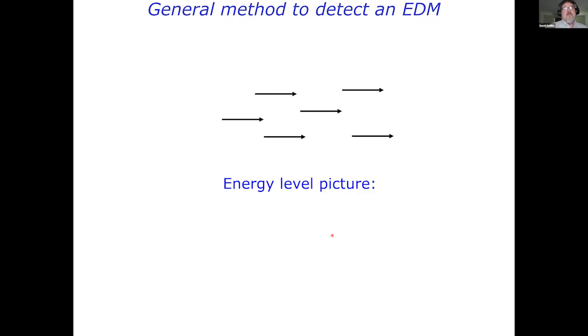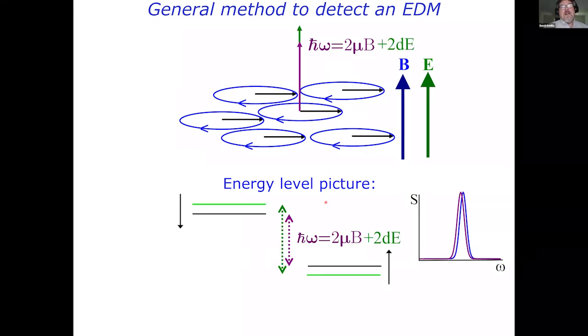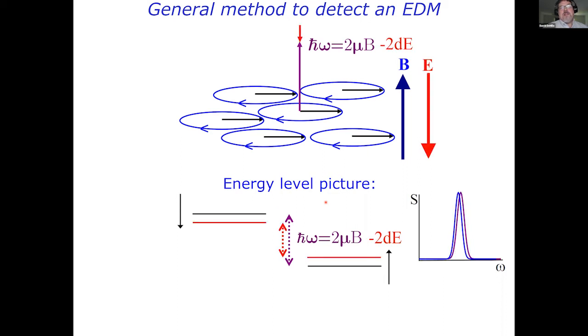So the way these experiments work is pretty simple. We use optical pumping effects to polarize the spins of the particles of interest. We apply a magnetic field for technical reasons, and the spins precess around that field, or equivalently have an energy shift between spin up and spin down. Then we apply an electric field parallel to the magnetic field. If there's an electric dipole moment or some analogous effect, that will shift the energy splitting between spin up and spin down. And then we flip the electric field back and forth, looking for a correlated change in the energy splitting between the spin up and spin down states.